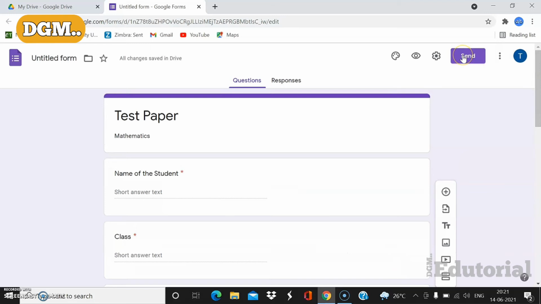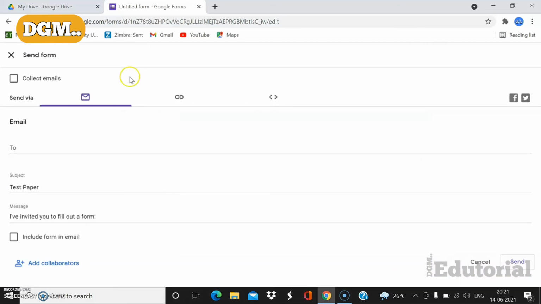So similarly, as many questions as you want, we type in, and once we have completed all our questions, we have an option here called send. You could click on the send option. We have various options here. One is to send this Google form or the question paper that you have created as a mail. You could attach to a mail and you could send it. But this could be a bit confusing and more hectic because you need the email IDs of all these students. For example, you have 20 students in a class.